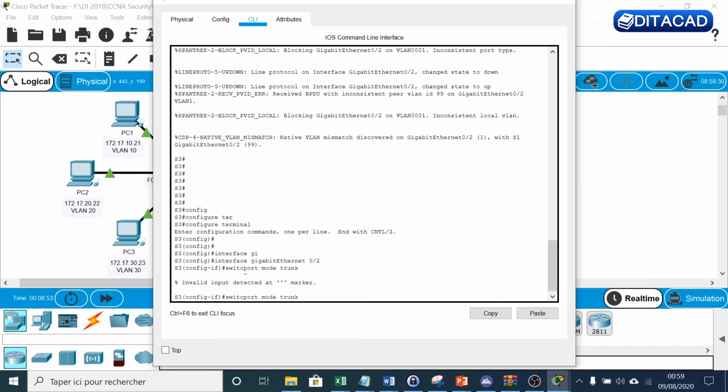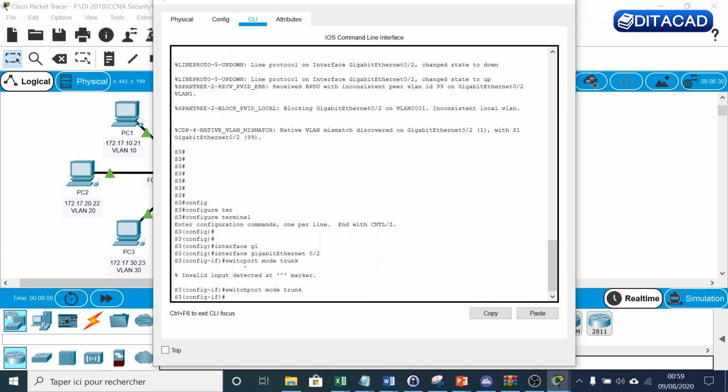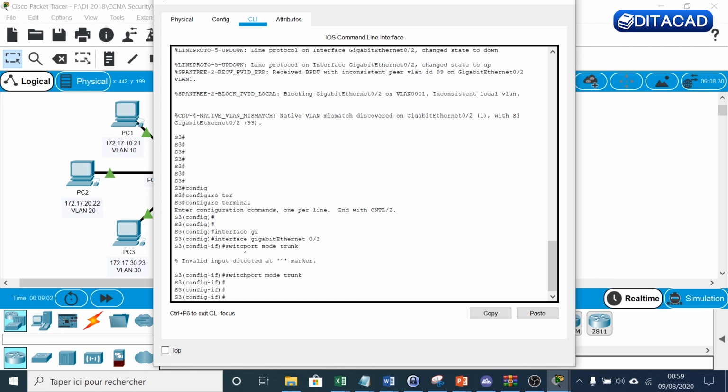Oh, sorry, it is switchport mode trunk. Okay, I've made the port a trunk port. I'll use the command switchport trunk allowed